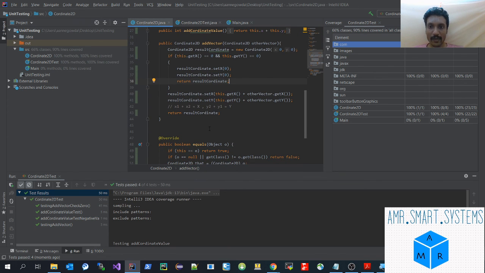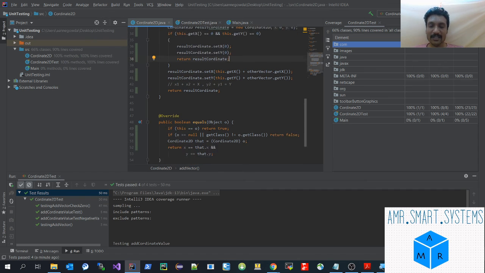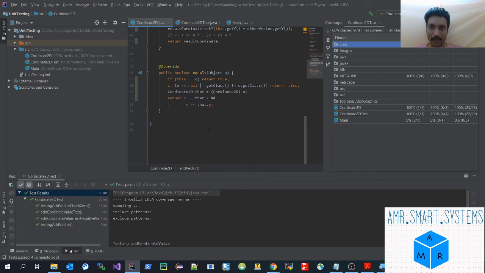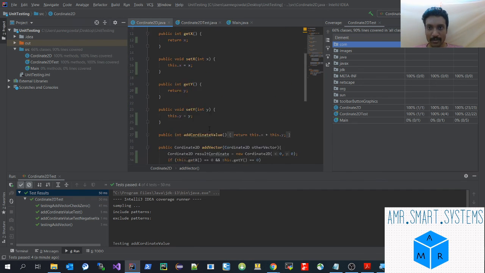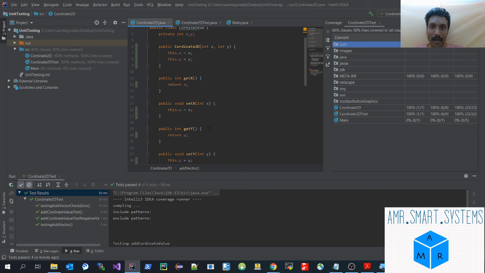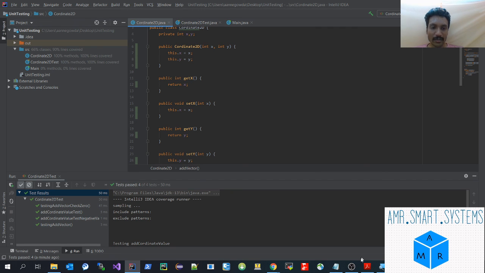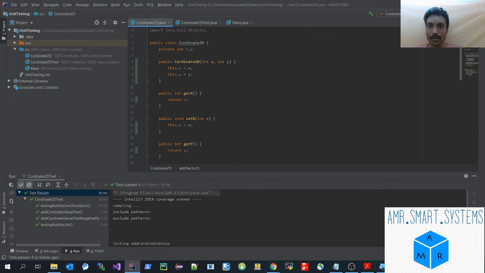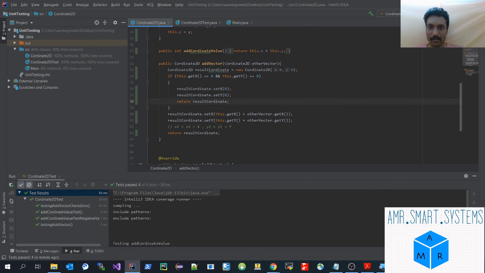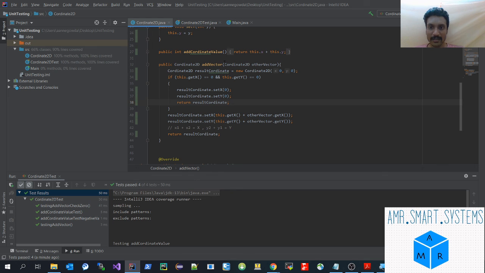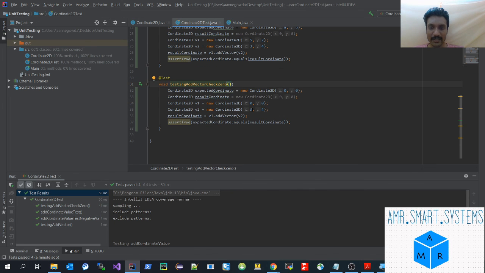So if you write code with 100% line coverage, then it's good unit testing. It adds to our value of writing good test cases by following the art of unit testing. So quickly to summarize, we have learned how to add new test cases for add vector in this example, and wrote 2 more unit test cases for it.